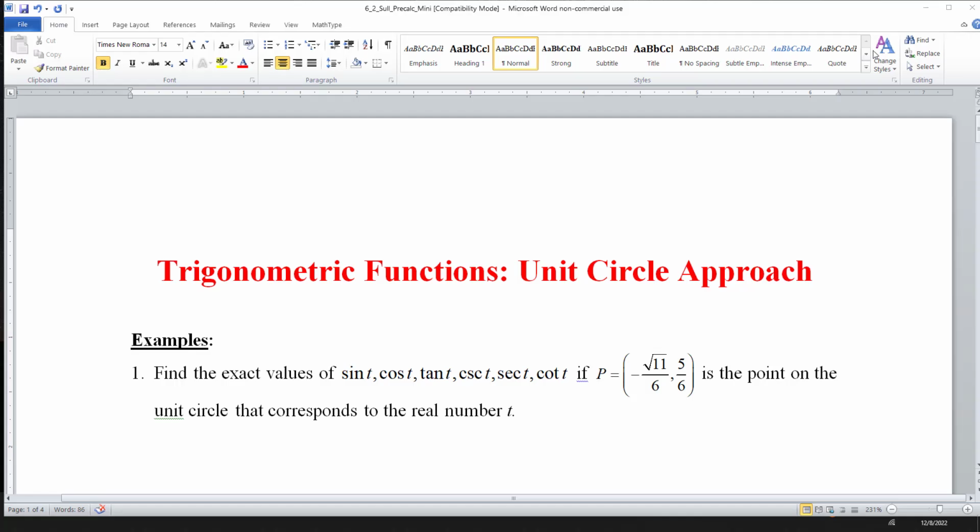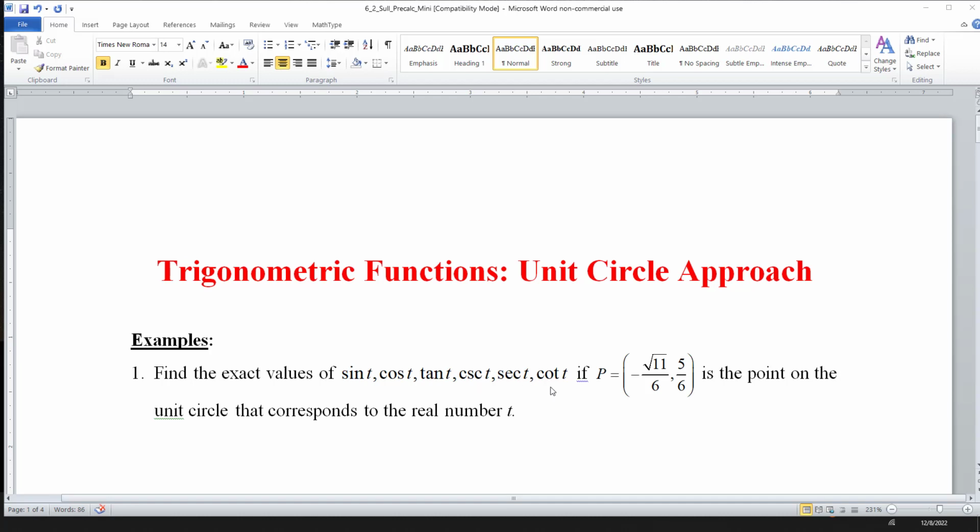The focus of this video will be on the unit circle. So we're going to look at some problems that will involve the unit circle. So let's look at the first example. Find the exact values of sine t, cosine t, tangent t, and of course the reciprocal function values, cosecant t,